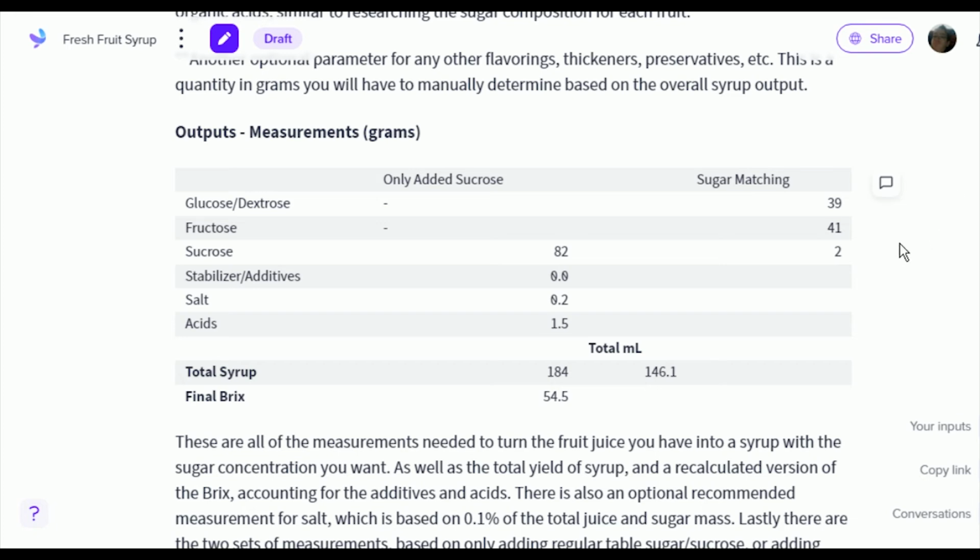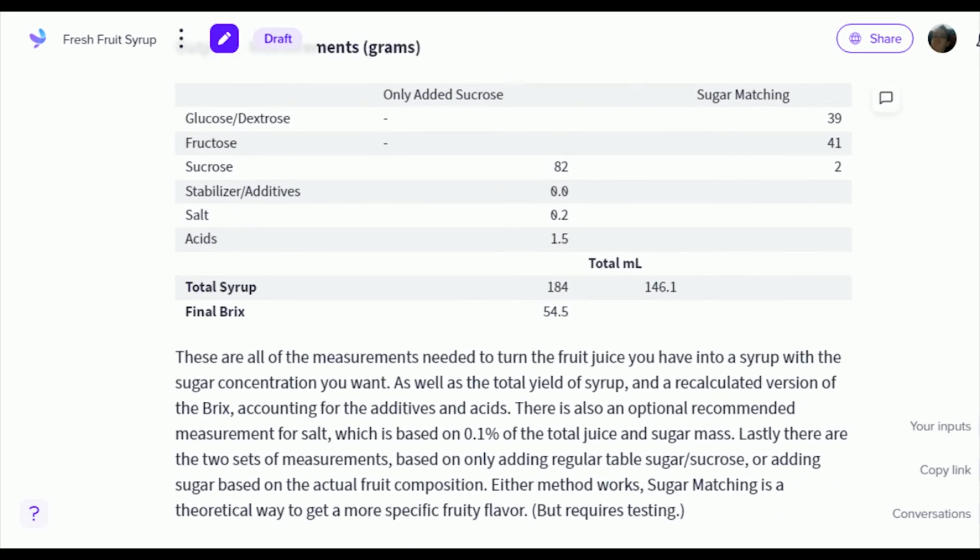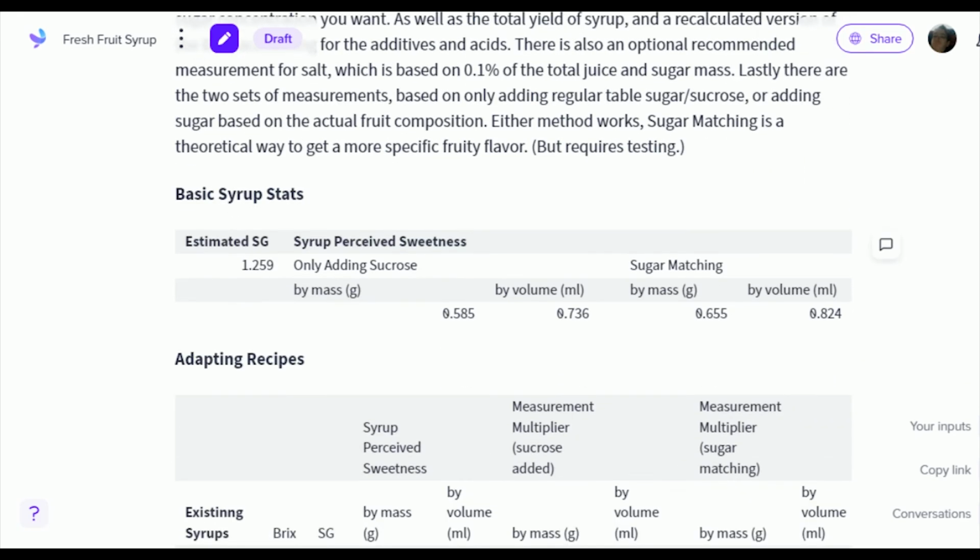Because obviously, if a fruit was mostly sucrose, it would be very sweet, but it would also be sweet quickly and fade quickly. But whether that actually makes a better or more fruity product is something that still needs to be tested. Again, these are the basic stats of the syrup. So if you're measuring by grams, you can say, okay,